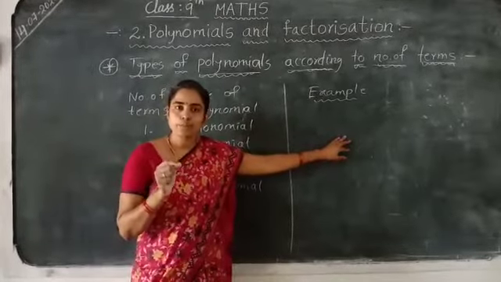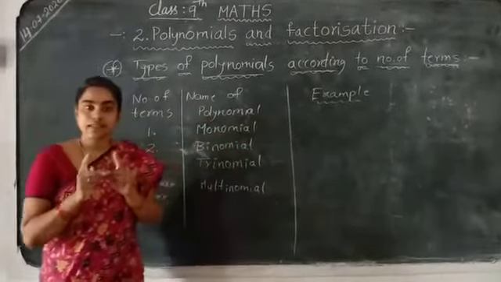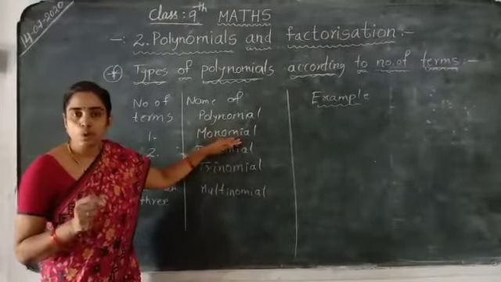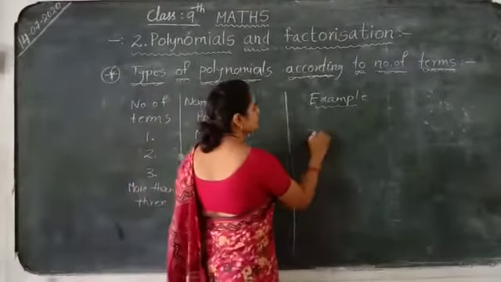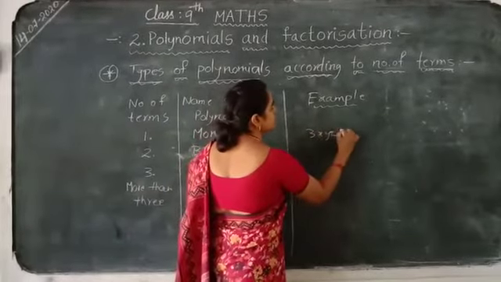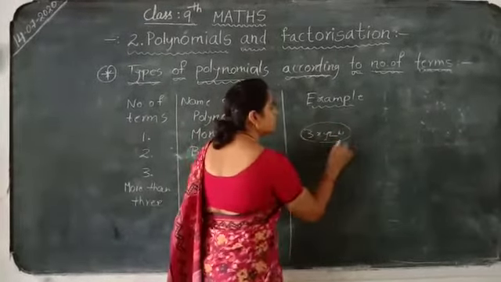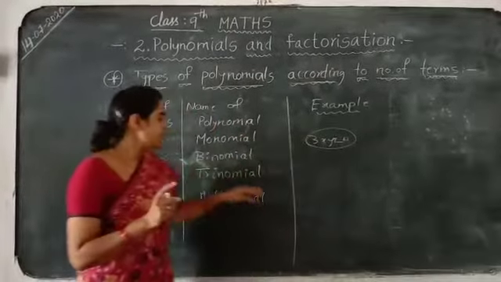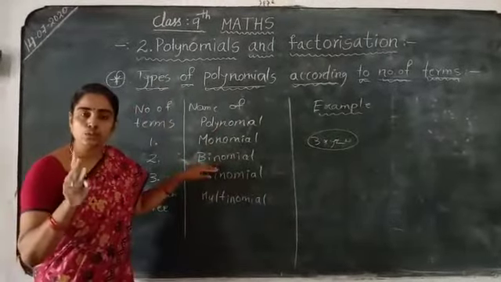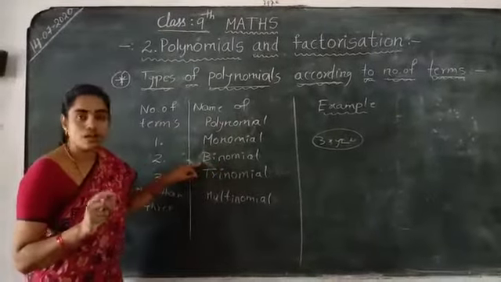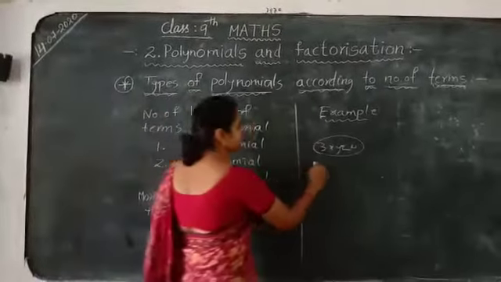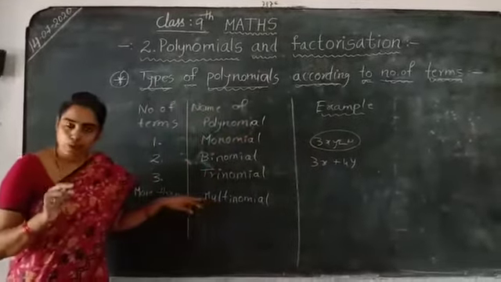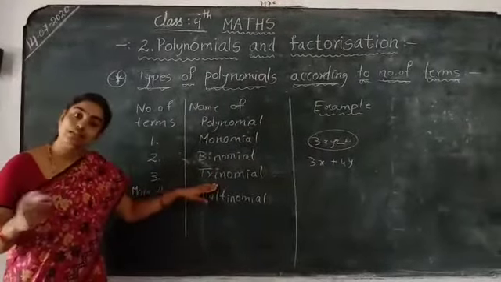Next, types of polynomial according to the number of terms. If a polynomial has only one term, then it is called a monomial. What is it? Monomial. For example, 3xyzw. It has only a single term, so it is called a monomial. Next, if a polynomial has two terms, then it is called a binomial. For example, 3x plus 4y. If a polynomial has three terms, then it is called